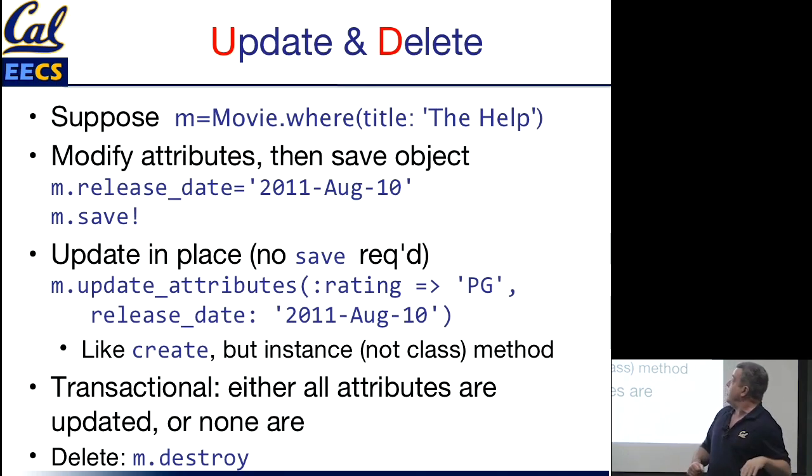The short answer is that it's actually inside the database logic. So it's really the database that gives us the property. It's not Rails that gives us this property. Rails is just freeloading on this property. The question as to how it's done internally in the database is an excellent topic about which CS186 has a lot to say. We probably won't have time to go into much detail in this course,